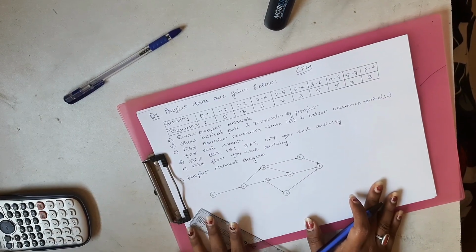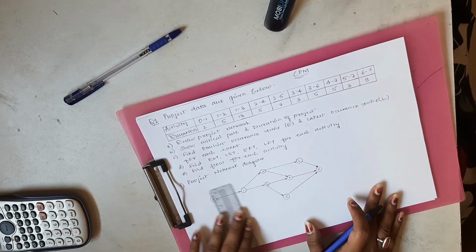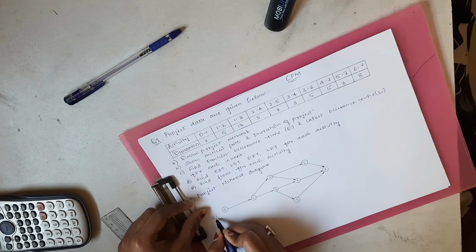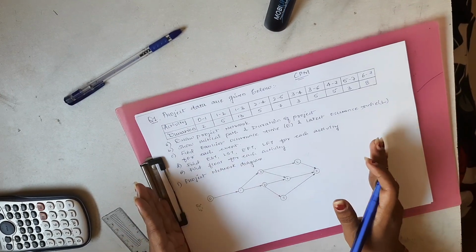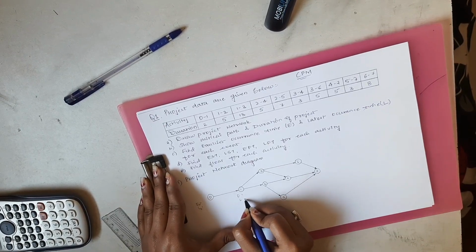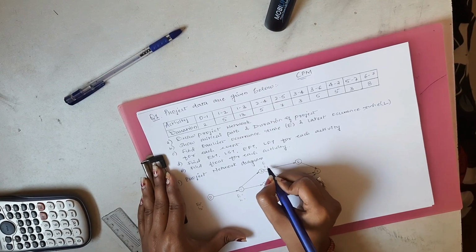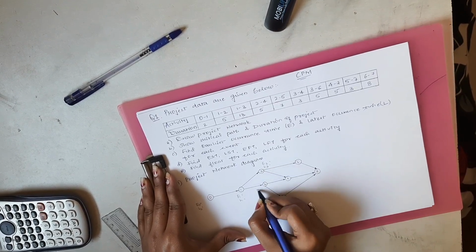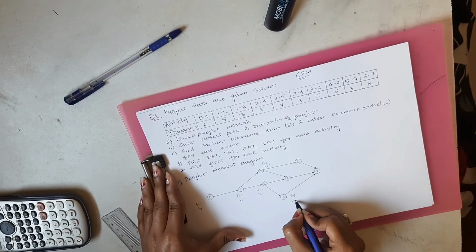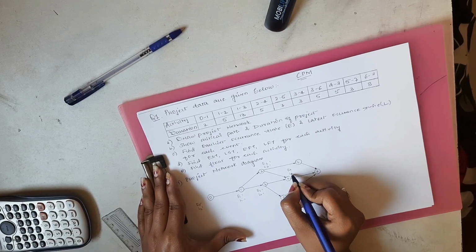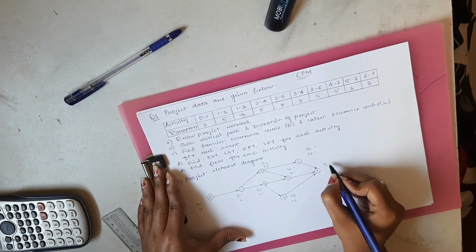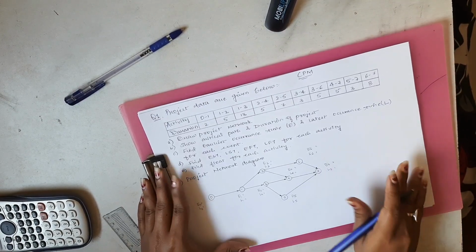Now the second step will include calculating E and L for each event. For that you need to mention E and L everywhere for each one, so that everything is in this diagram and you don't need to change your page again and again. So E and L. And you're done. So this step is complete.